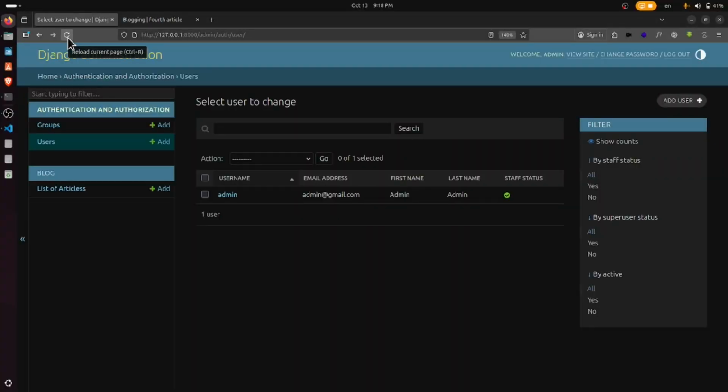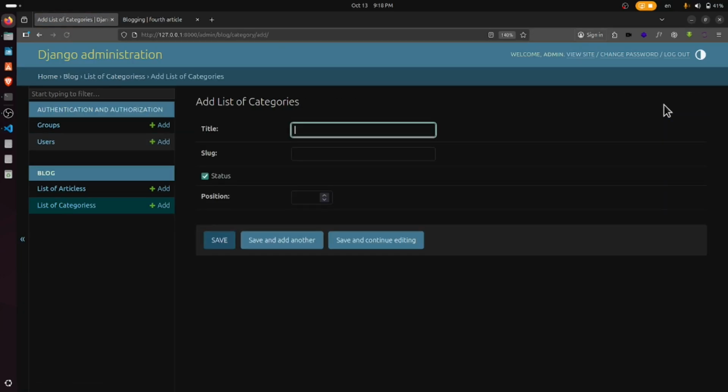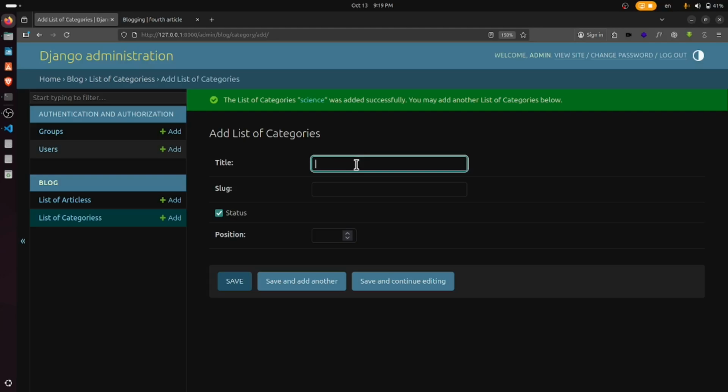Okay, when I refresh here, you just see a list of categories. When you click on the list of categories, you will find something like add list of categories. For example, you have a title, the category will be like science. The slug will be science. The status is true and the position will be 1. Okay, save. And I want to add